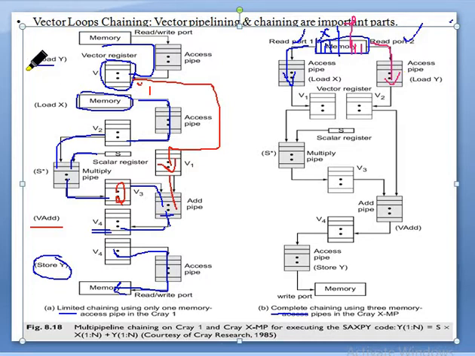So always remember x should be multiplied. For that, we take x and multiply the scalar value to get a scalar enhanced vector. Let me draw. There is one scalar enhanced vector.